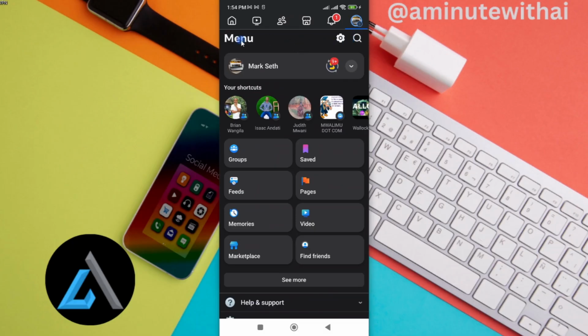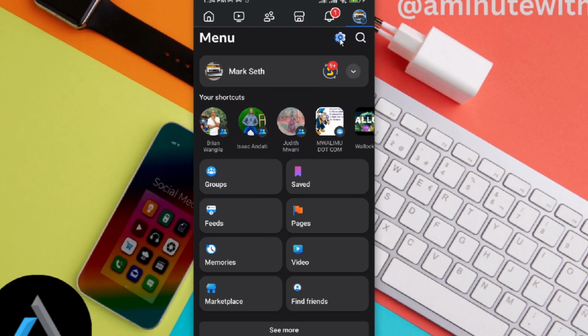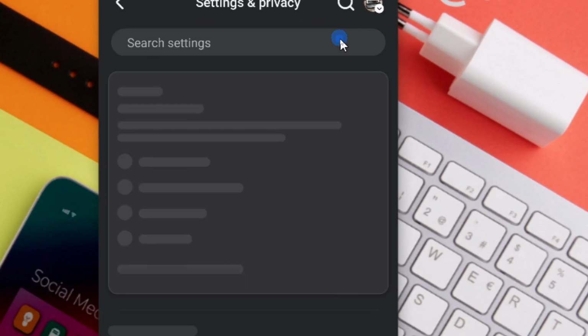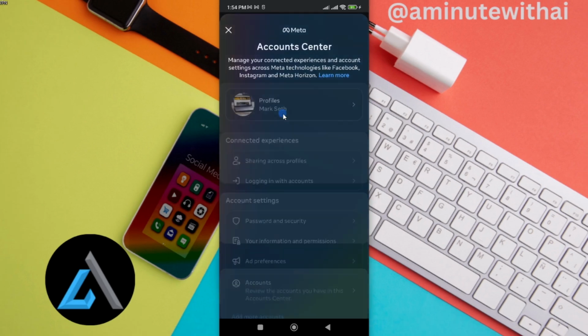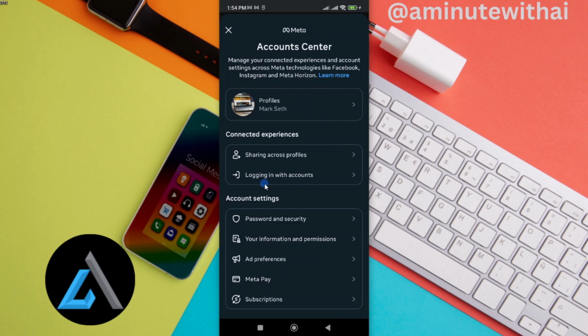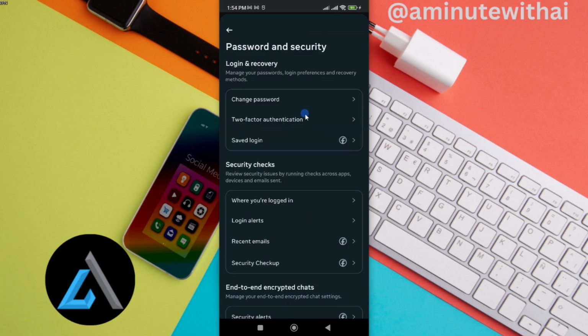and then this will open the menu. Under the menu, tap on settings, and then from settings choose password and security, and then scroll down until you see the option called password and security here. Now tap on this and then choose this option, saved logins. So if you tap on this,